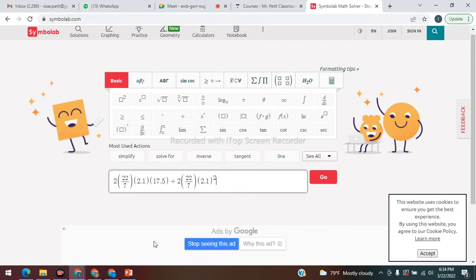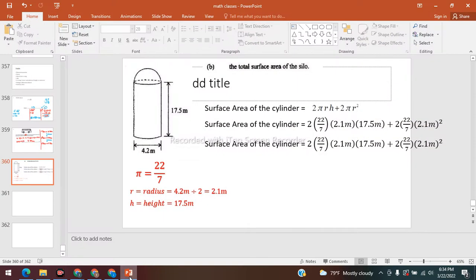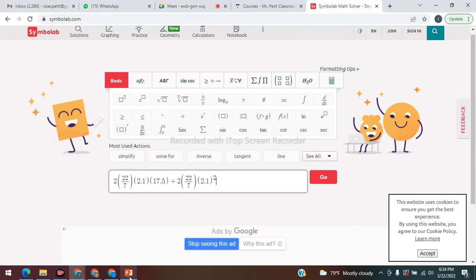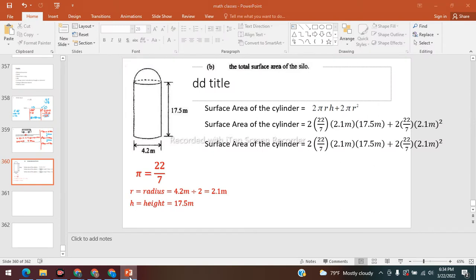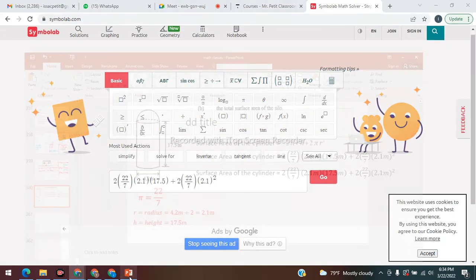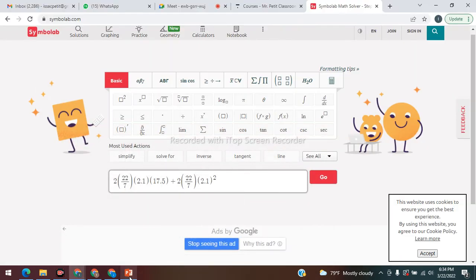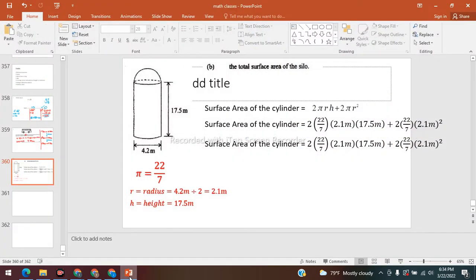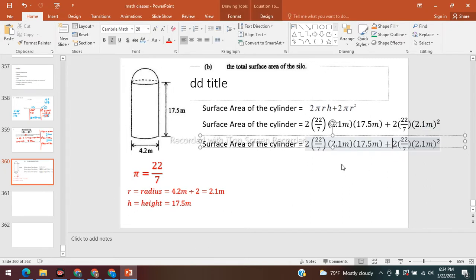Good. So we have 2 times 22 over 7 times 2.1 times 17.5 plus 2 times 22 over 7 times 2.1 squared. All right, and so that's going to be equal to, let's see,